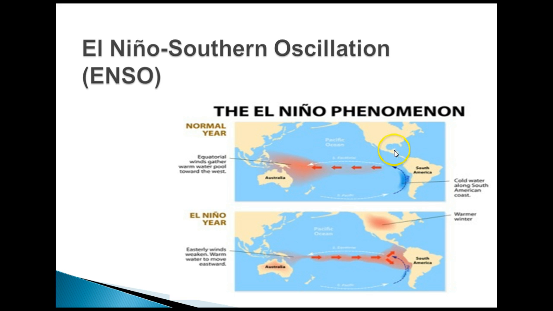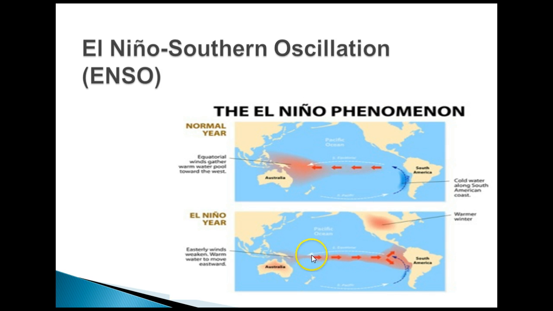Now, in that situation, you get a large pool of warm water gathering around Australia way west. And because of that, we get colder weather in the winter. So, for example, this winter is a typical normal year. So this warm water gets pushed out of the way,